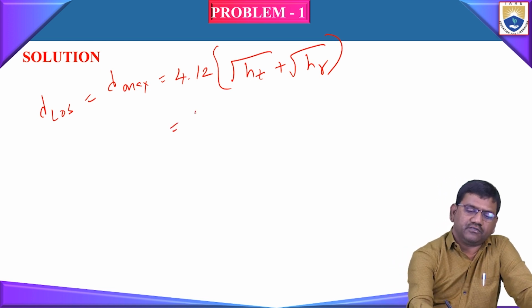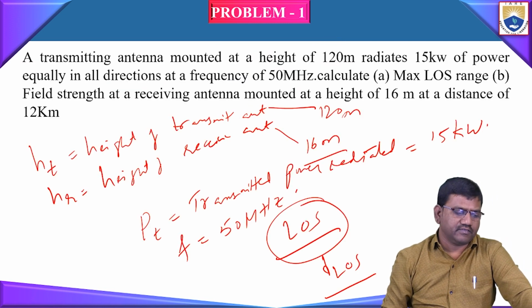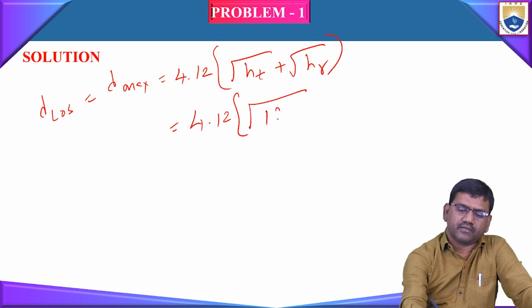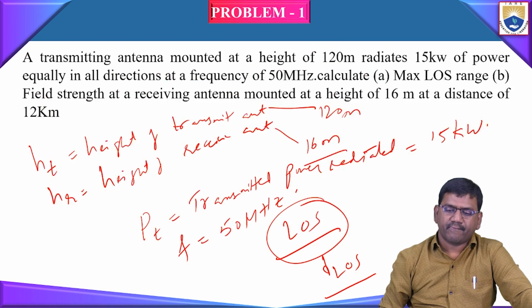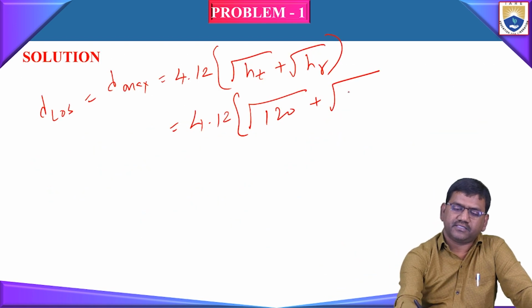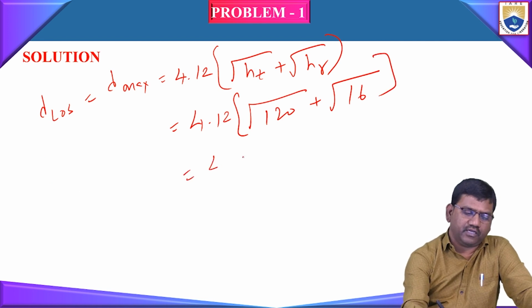So this is equal to 4.12 into root of HT, where HT is given as 120, plus root of HR, where HR is given as 16 meters. Now let us simplify these two values. You will get 61.61